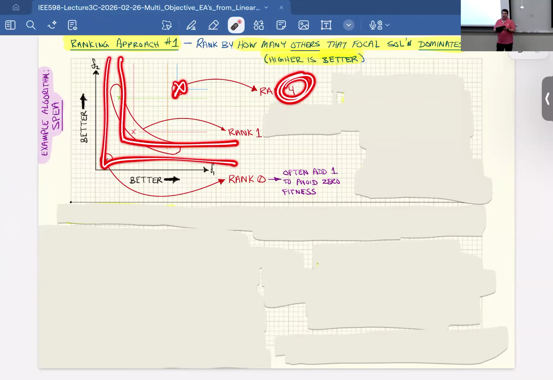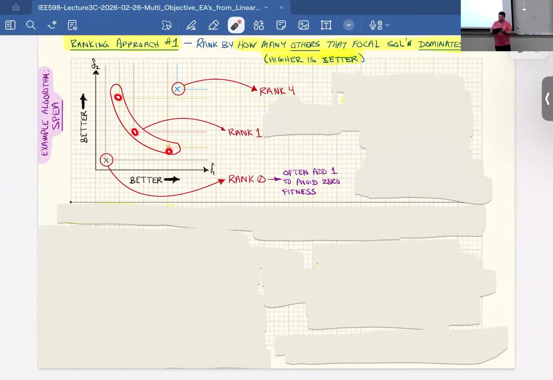So it is rank 4. So having a rank 4 is better than having a rank 1. All of these three all have rank 1. So this band is a band of rank 1 because they all individually have the blue one in their dominion cone. And then this black one down here is rank 0 because